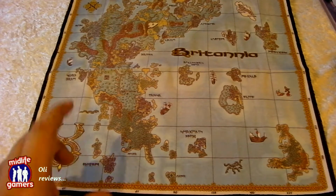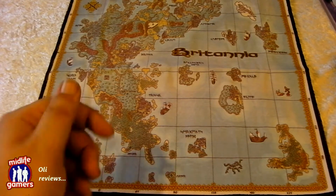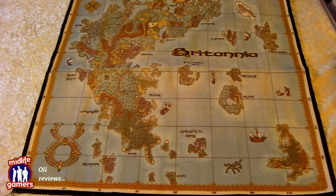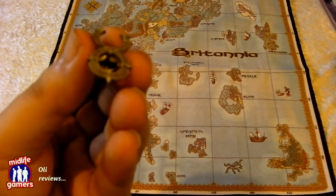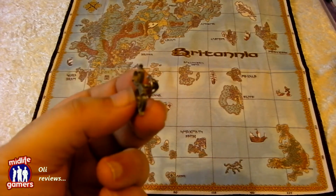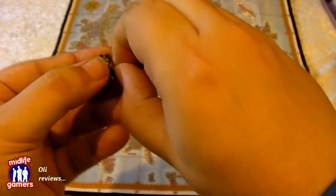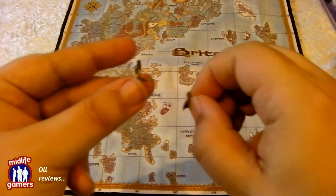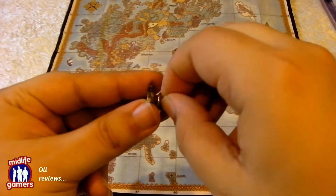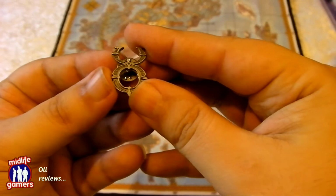You got this cloth map in a nice box. On the side there was a compartment where you had the cloth map rolled together, and you got the cloth map with this little Ultima Online pin that you could put on your clothes. You could just take this off. There you go. Take this off, pin this to your clothes, and then fixate it with this from the back, and you got your Ultima Online